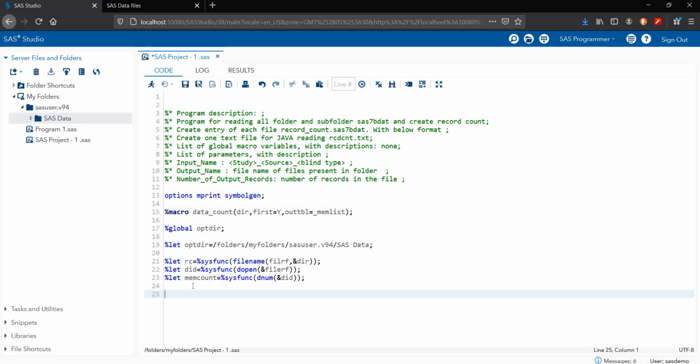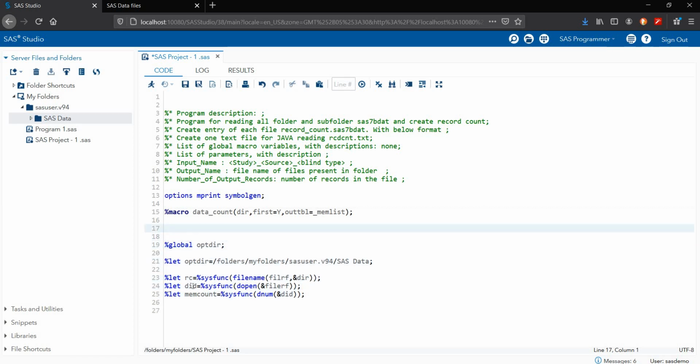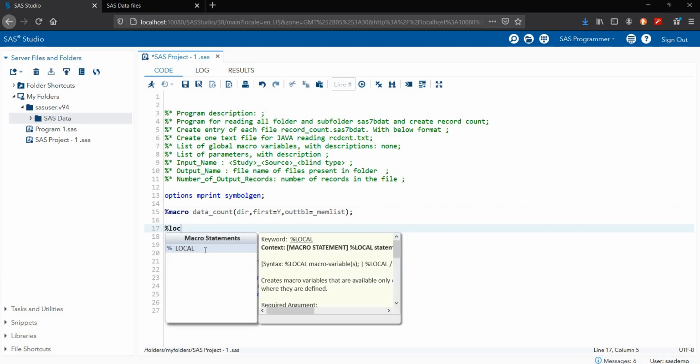Next, one of the variables I'm declaring with %let. First of all, I'm declaring all the variables which I declared here. I need to declare rc, did and mcount, and I'm declaring them as local variables with %local.